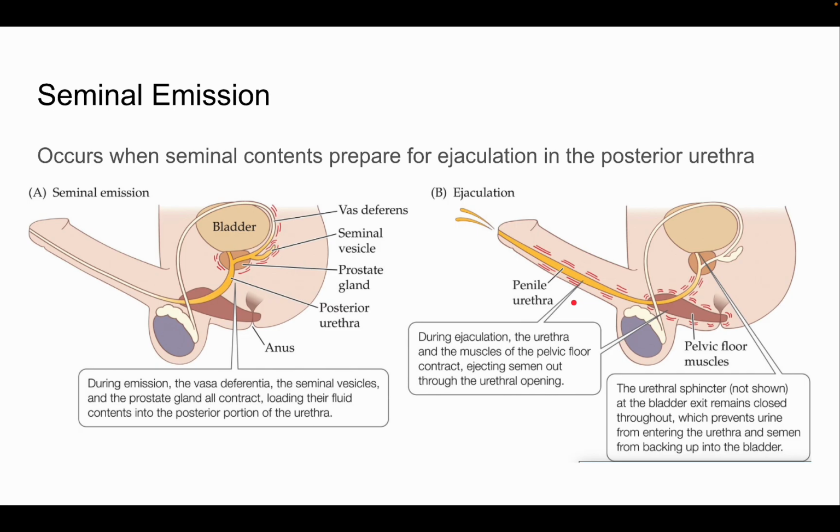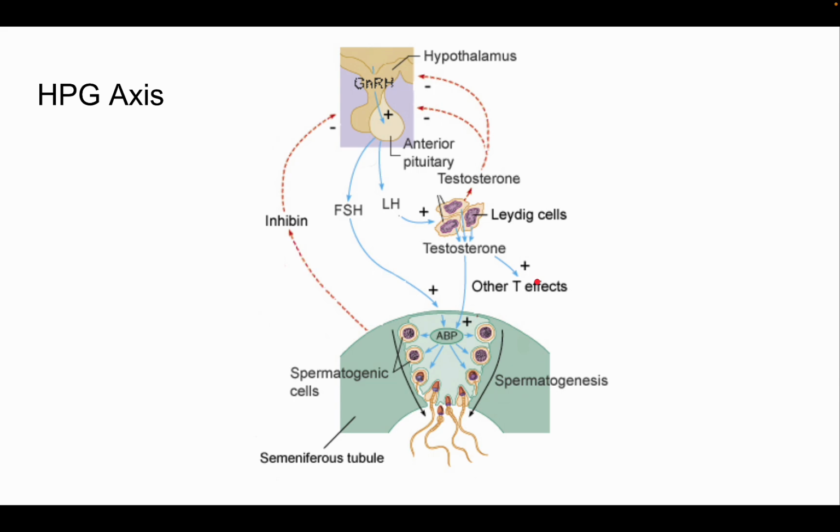Alright, now let's talk about seminal emission. This occurs when seminal contents prepare for ejaculation in the posterior urethra. So basically the vas deferentia, the seminal vesicle, and the prostate gland all kind of contract to load the contents into the duct to prepare for the ejaculation. And then when it does ejaculate, the pelvic floor muscles and the urethra all contract to push the semen out. Now, this is going to be more of a hormonal thing, but this is also very important to remember